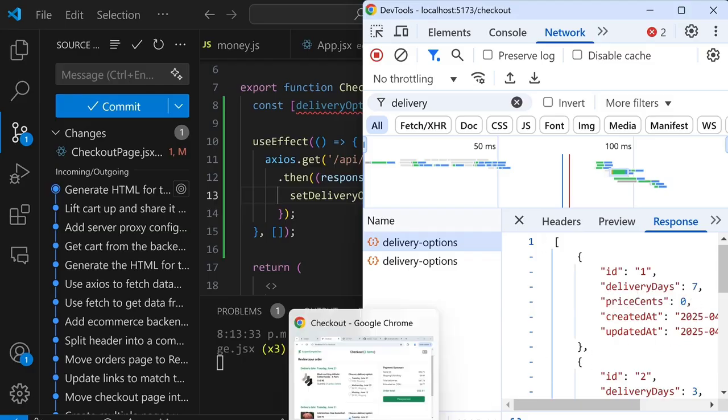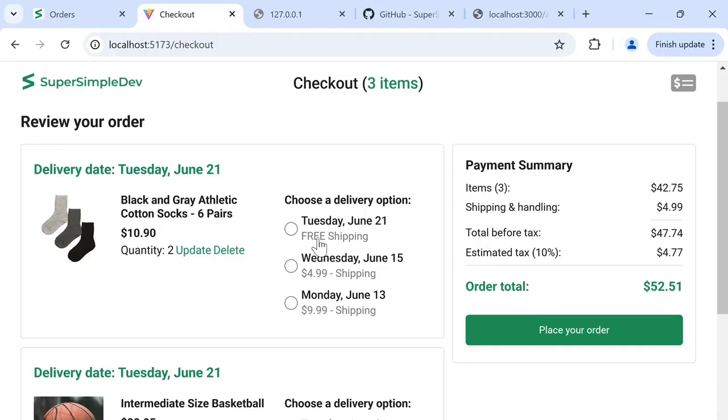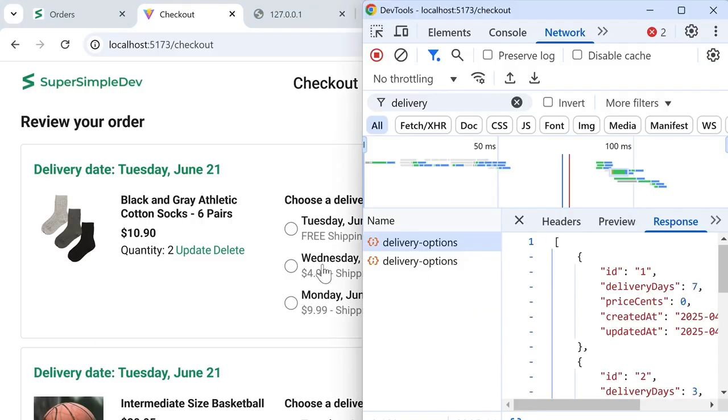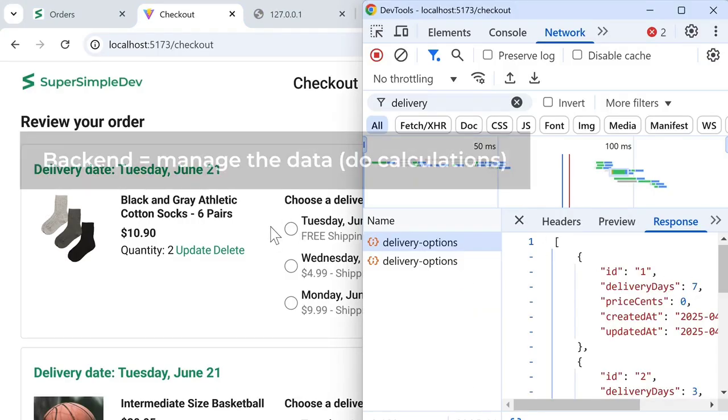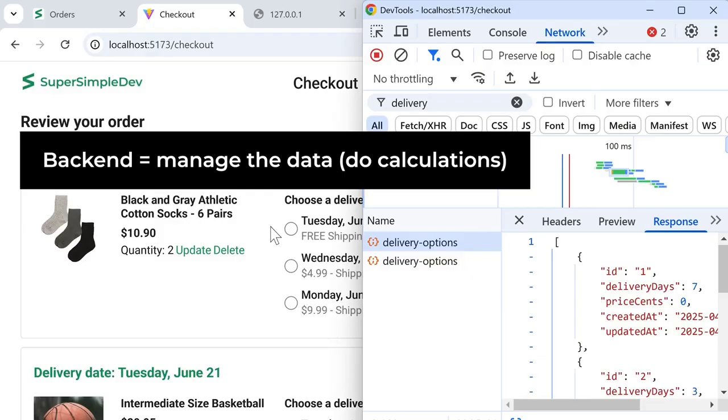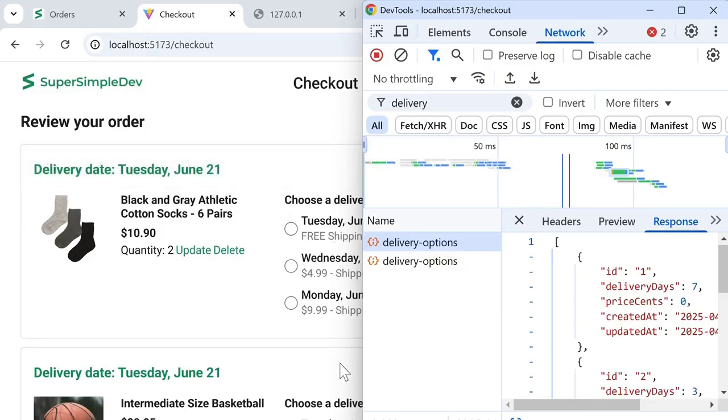However, if we open our website, notice that each delivery option also has an estimated delivery time. So we could use this deliveryDays to calculate this date on the front end. But remember, it's generally the backend's job to manage the data and do these calculations. So if we go back to our code,